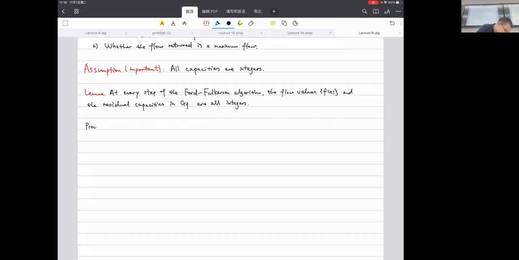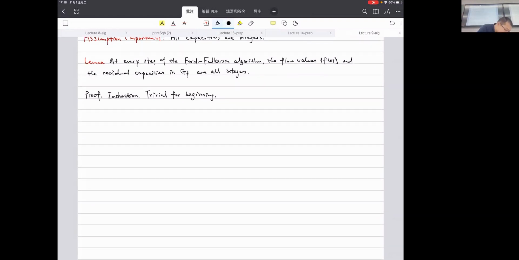I guess this proof is also going to be quite intuitive. It just works by induction. It's trivial at the beginning because we assume that all capacities are integers, so at the beginning it's definitely true. Suppose we have run the while loop for j minus 1 iterations. Then for the jth iteration, since all residual capacities are integers,